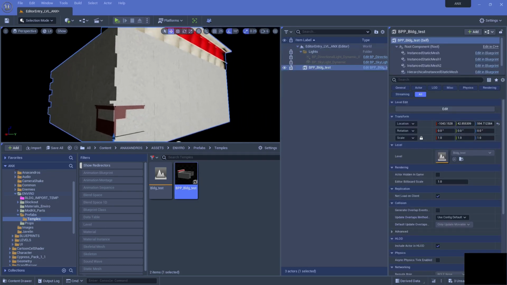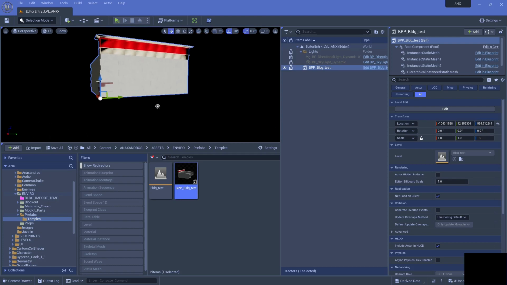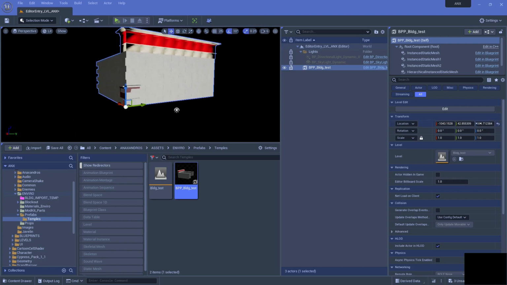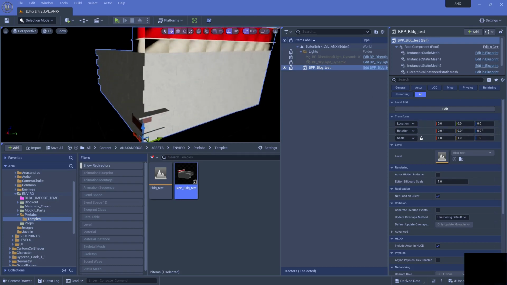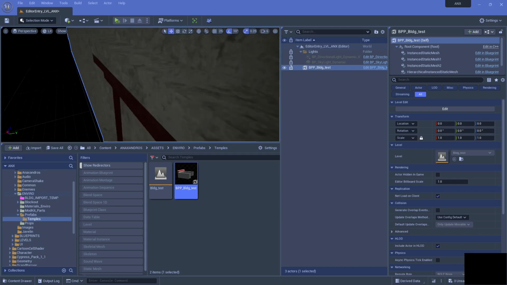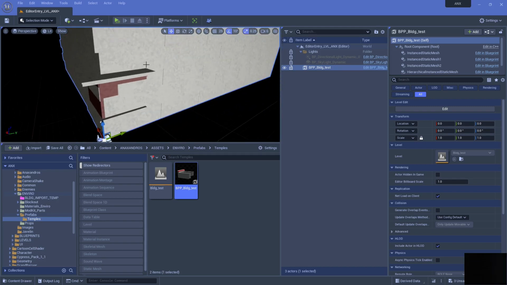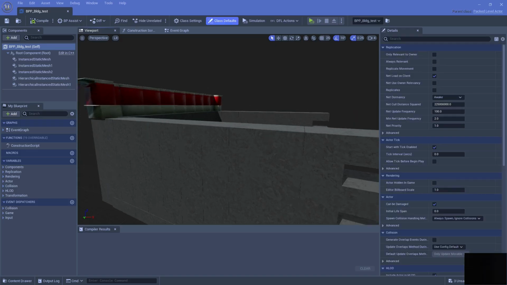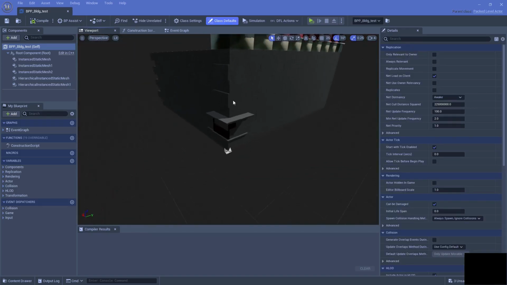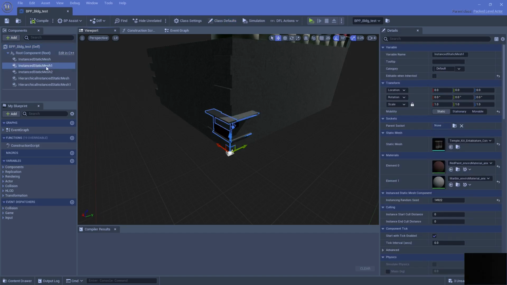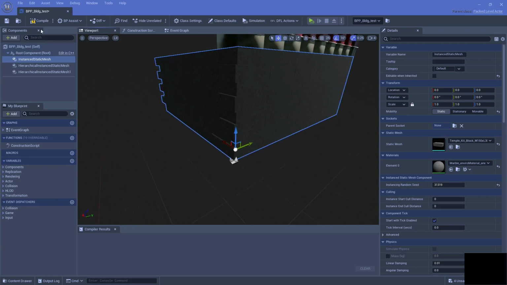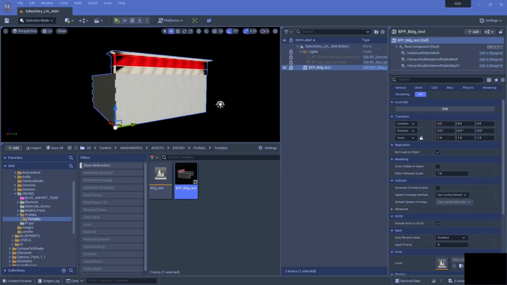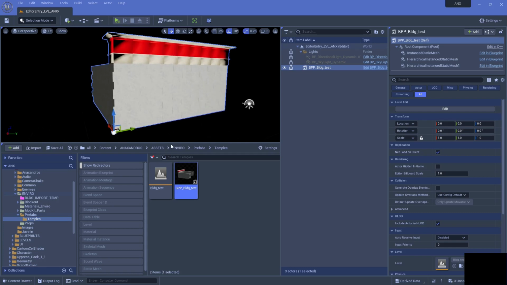And now you can see, okay, here's that building that we set up in Maya. And it's all the same. It looks like, what's that? Oh, I think I might have included the original mod kit with it. Oh, yeah. Okay, so that's it. It snagged that, I must have had that stuff selected too. So we can just delete that out of there. We don't need it. Okay, so now this is a packed level instance actor, which means it's going to